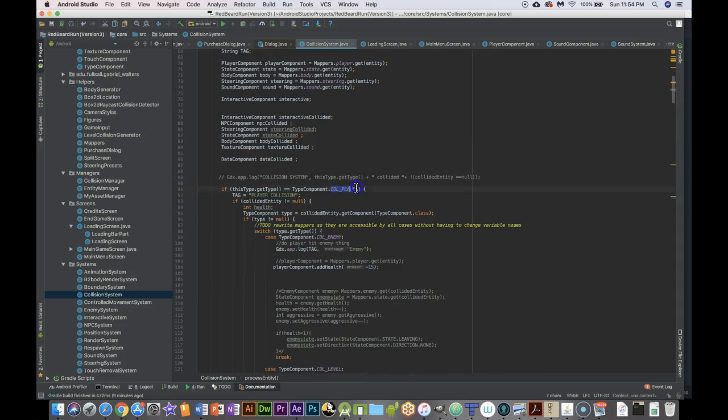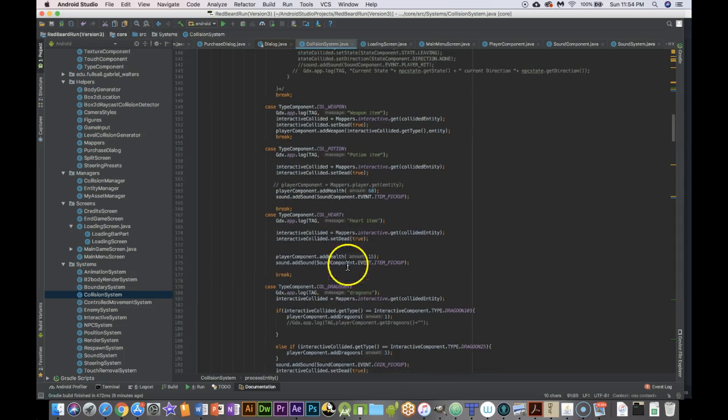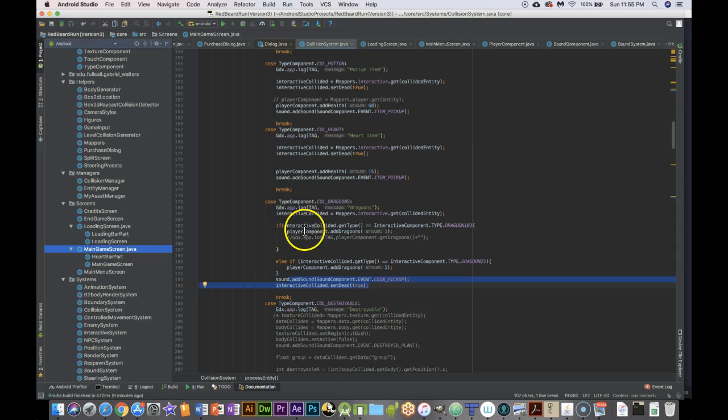So in my collisions, when I hit those destroyables, I just don't do anything. I'm capturing that I'm colliding with those destroyables, I'm just not doing anything with it. And then here, if I end up colliding with a dragoon, then I'm checking to see what the value is, and I'm adding that to my player component. I'm adding the sound event that happened, and then I'm setting that thing to true so that it'll be destroyed by the systems. And then in my main game screen,